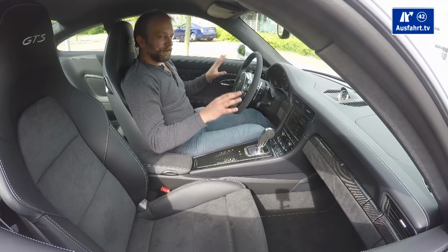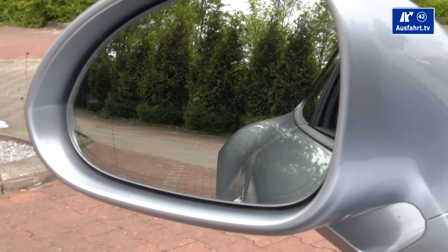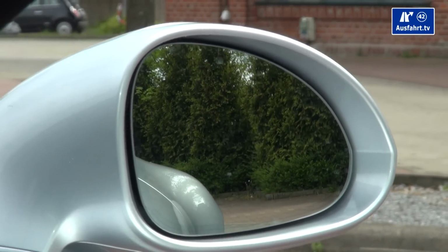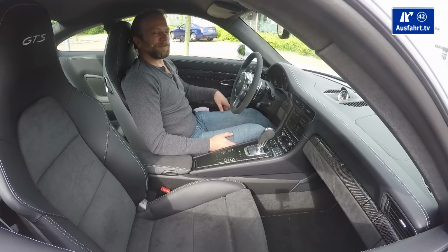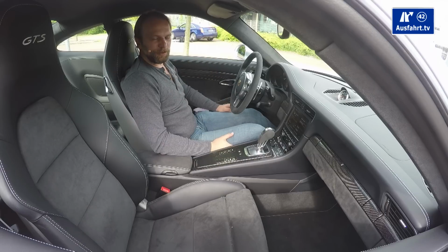Okay, we have two mirrors outside, of course, and you can see the rear of the 911 GTS, which is just beautiful. So you tend to look more in the rear mirrors, as you really have to, because it just looks neat. However, they're big enough, even though they are small sporty mirrors, they're big enough to watch what's going on